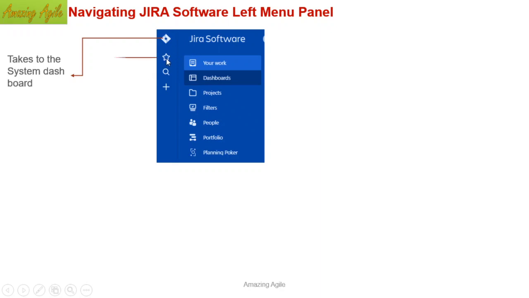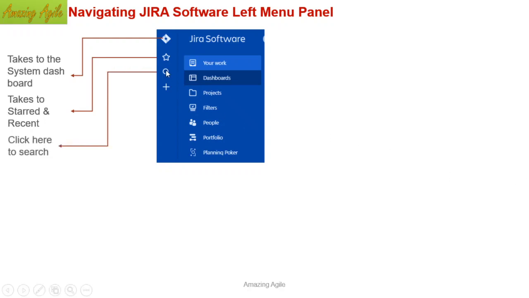Next is the star button. The star button allows the projects that you search for to remain on your visible list. It is like pin and unpin in Microsoft Windows. Whatever application you are opening in the bottom portion or wherever in the bar, if you want to pin it, it is going to remain always. So you don't have to search every time. That is the activity done by the star.